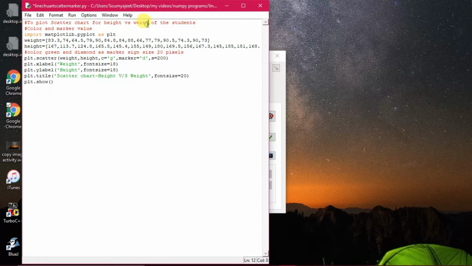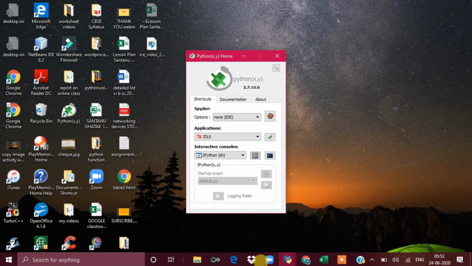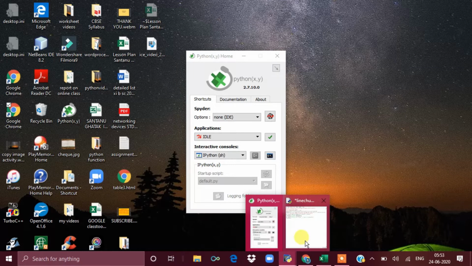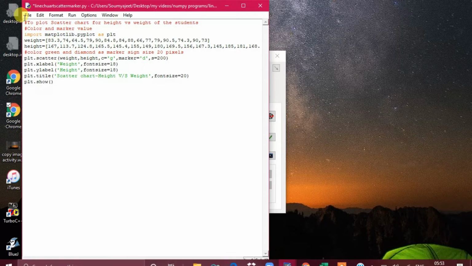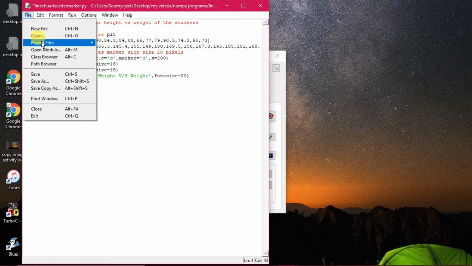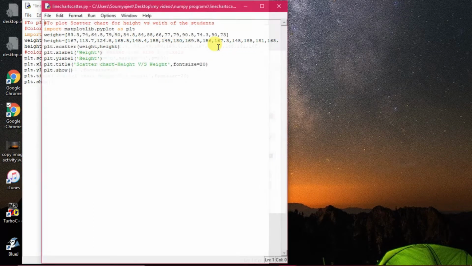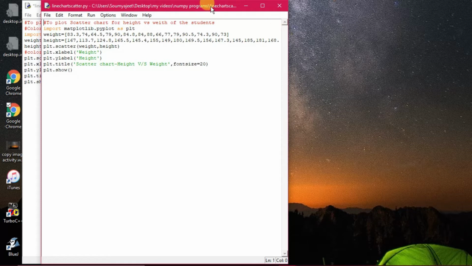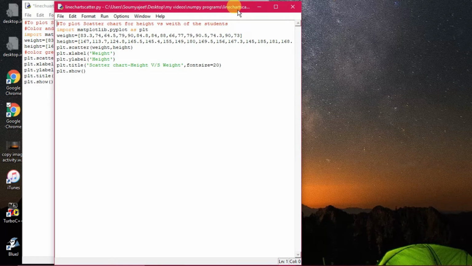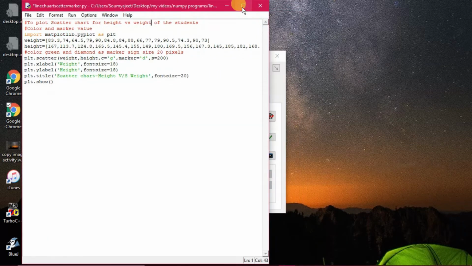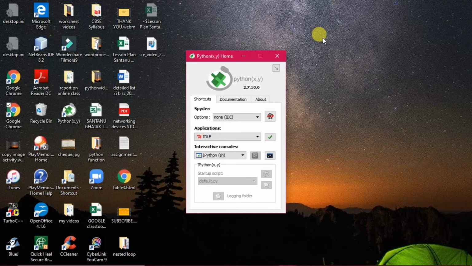The height and weight of the students, using the color and marker value. This is one program, and another program is to form the scatter chart with bar formatting. So these two programs we will see today, and I will explain how to draw the scatter chart. First of all, let us see